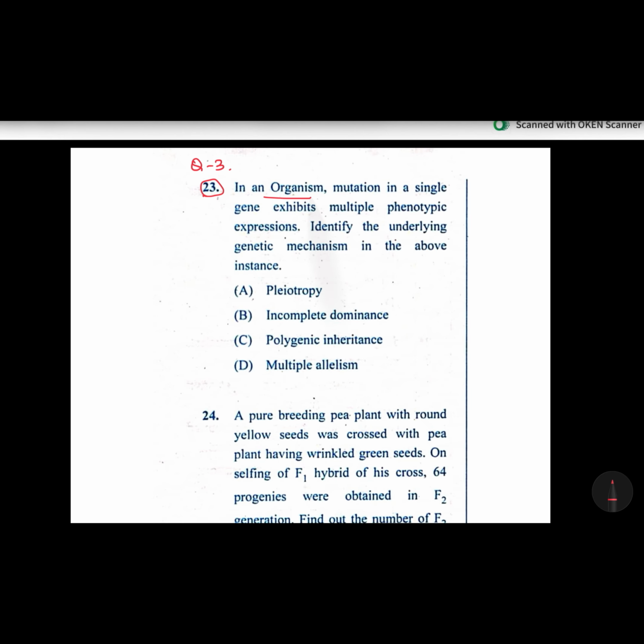23rd, that is third question. In an organism, mutation in a single gene exhibits multiple phenotypic expressions. Identify the underlying genetic mechanism in the above instance. Here, multiple phenotypic expression is nothing but pleiotropy, where phenylketonuria is the example where it will show 3 different phenotypic expressions,